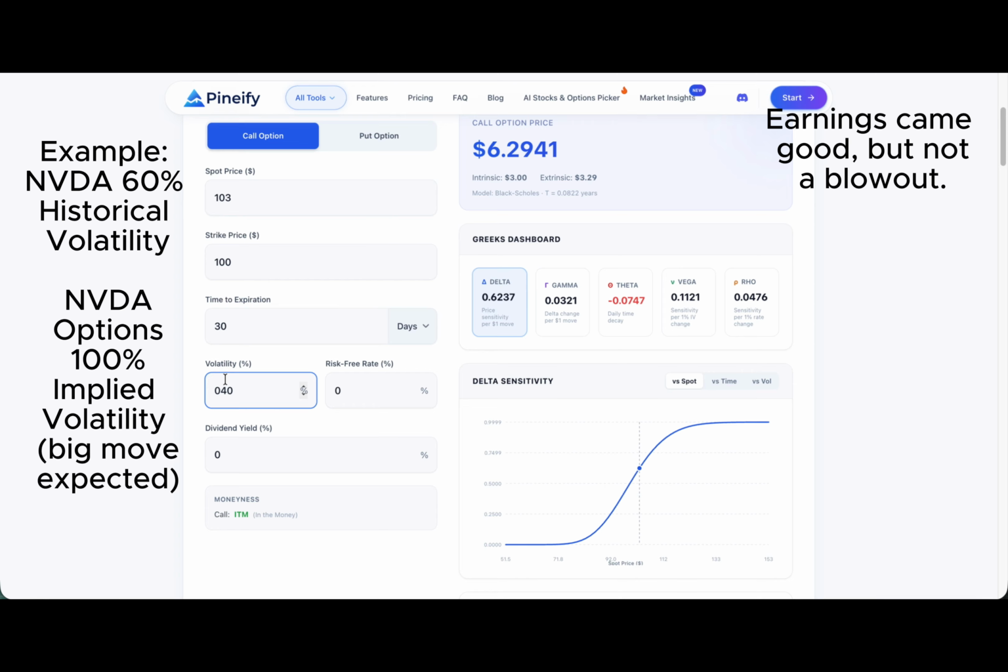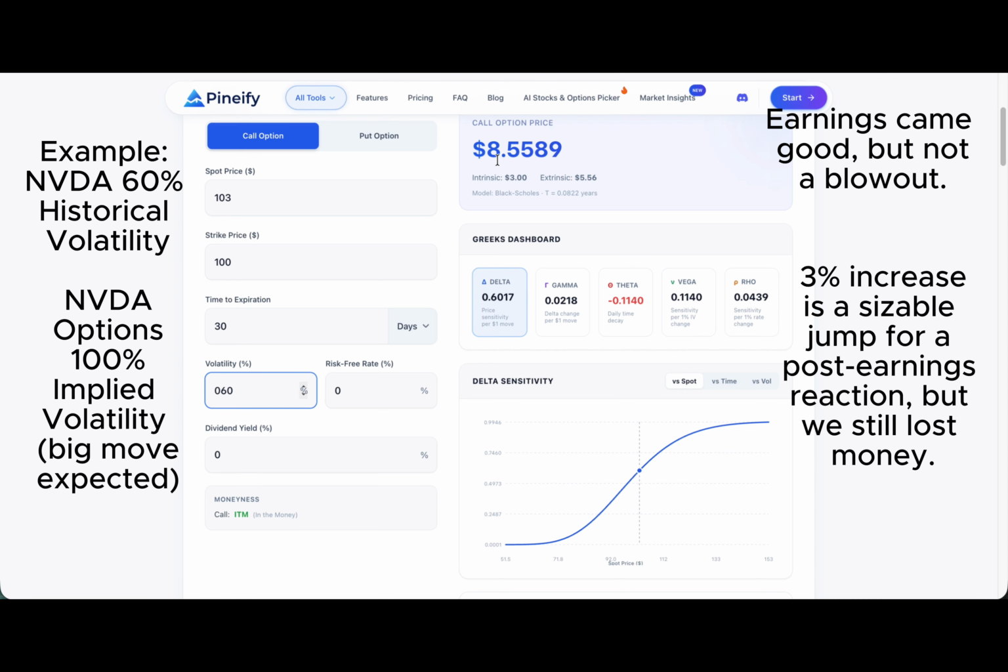But then the volatility came down to 40. You see what happened? The Nvidia stock usually, let's assume, was 60 under normal conditions and it was 100 before the earnings. So what happened here is that I was right. The stock moved up. The earnings were good, not a blowout, but still good. But then this happened. I bought the option at 13, and now I'm in a situation in which I was right, and yet my option now